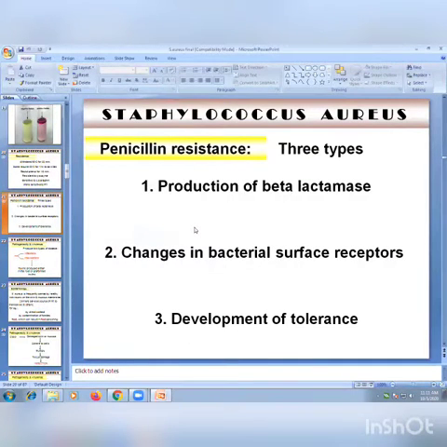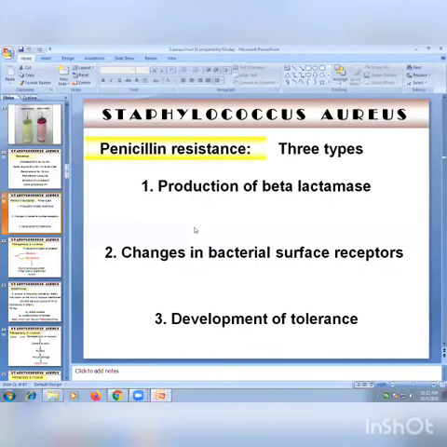Penicillin resistance, nowadays we are observing, and here three types of resistance are noted or studied. First, production of beta-lactamase. The enzyme beta-lactamase is produced by this bacteria. The gene responsible for beta-lactamase production is present in a plasmid. What is a plasmid? A plasmid is extrachromosomal material. So extrachromosomal material is present, and the gene required for the production of beta-lactamase is also present in that plasmid. The synthesized beta-lactamase acts on the beta-lactam ring of penicillin,